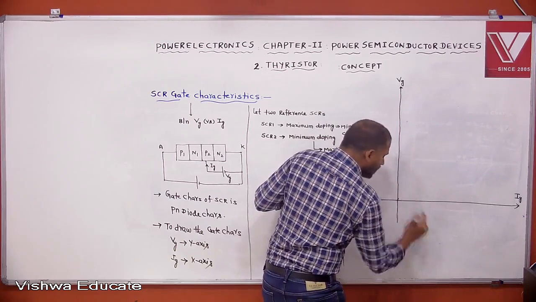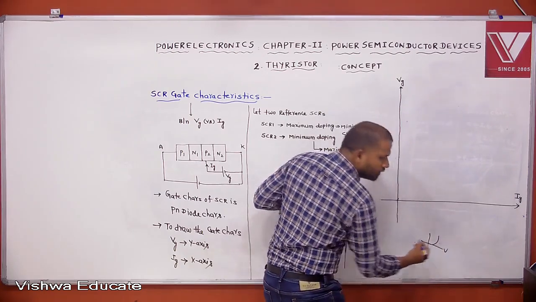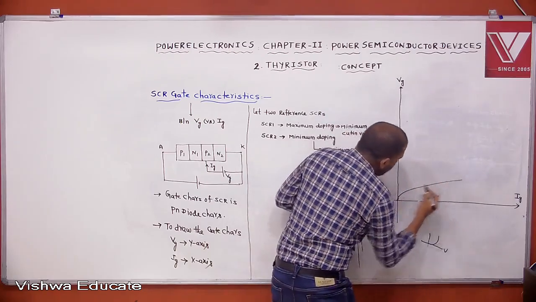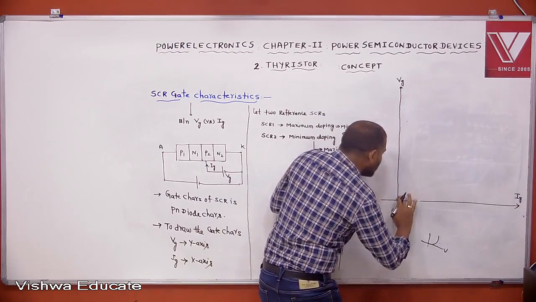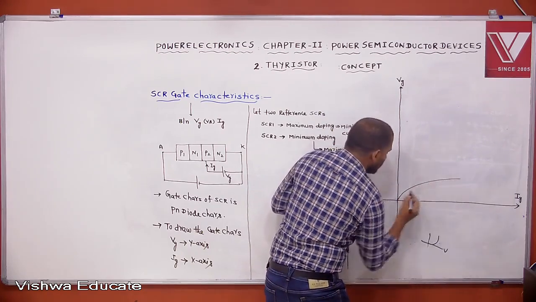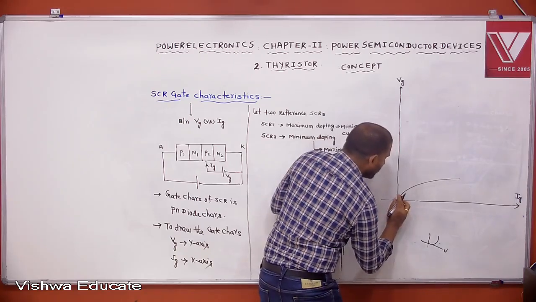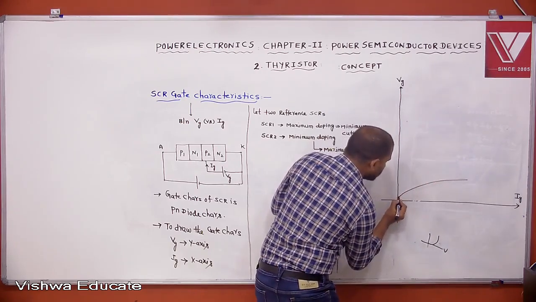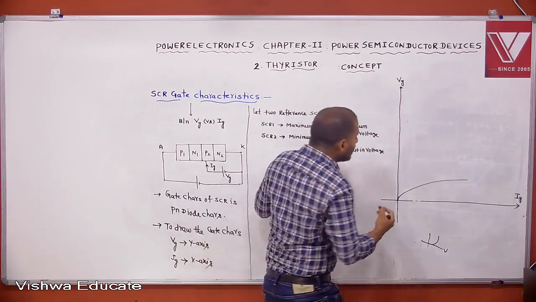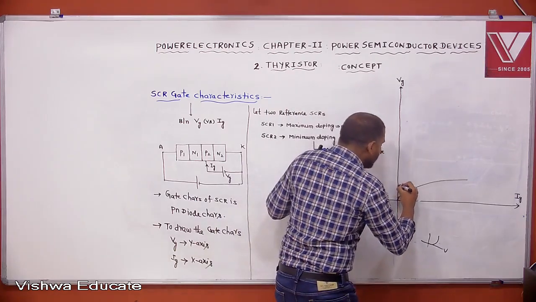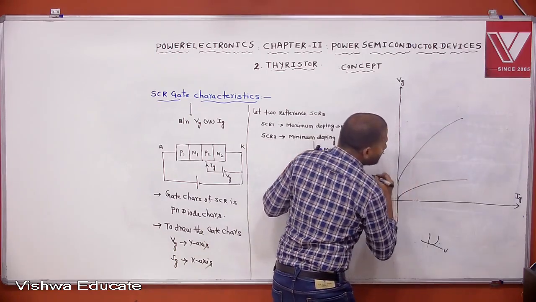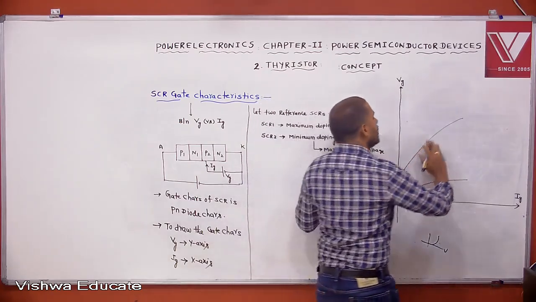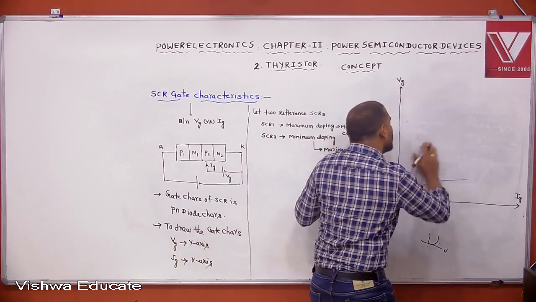For SCR1, the diode characteristics are drawn like this, but since we take voltage here, this is the cut-in voltage. This is SCR1's cut-in voltage, the minimum cut-in voltage. Then you take another SCR, which has the maximum cut-in voltage. This is SCR2's cut-in voltage. Now, by considering the safe operating region,